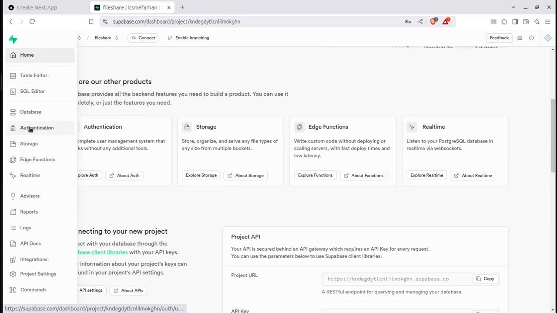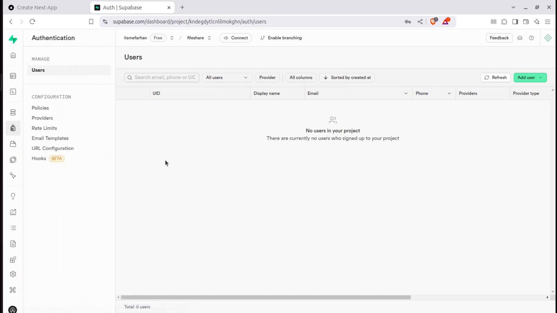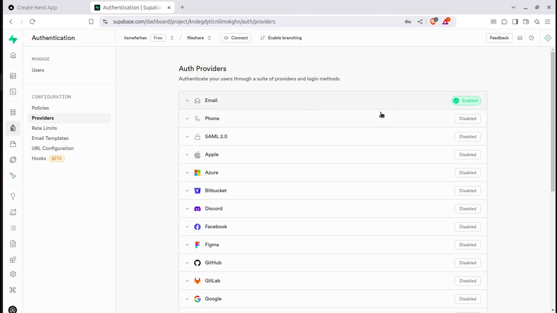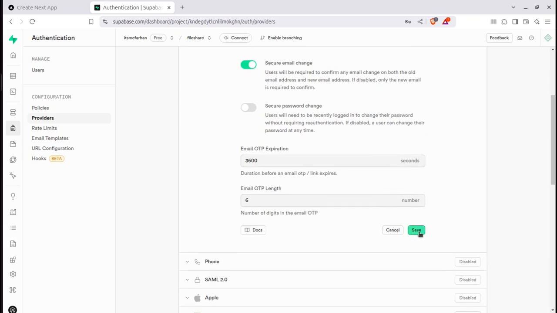Actually in first authentication, and here from providers, make sure email is enabled, and I will disable this confirm email so that upon sign up user is already confirmed. Otherwise when this confirm email is checked, then user will first receive email and he will have to confirm his account. So click save,